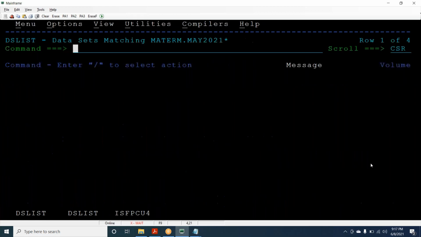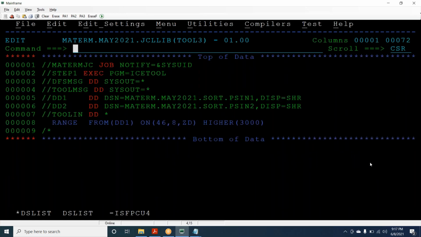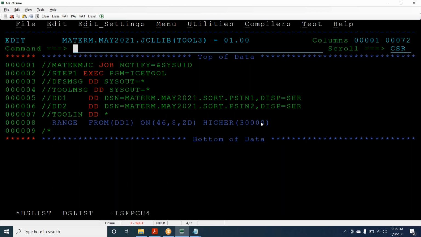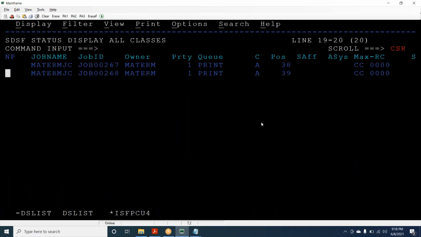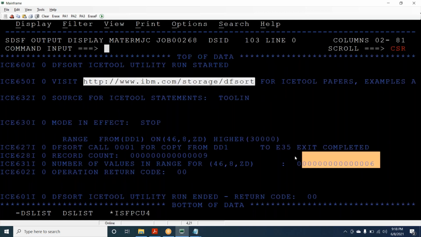What we expected is not coming. Higher is 30,000 that I have given. So yes, it is correct only, but it's not coming as per our requirement. Greater than 30,000, 6 records are there. So can you see 6 records?